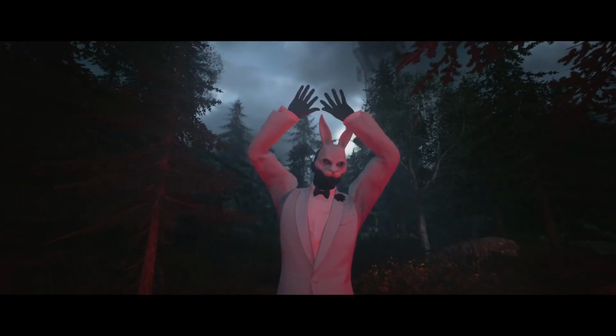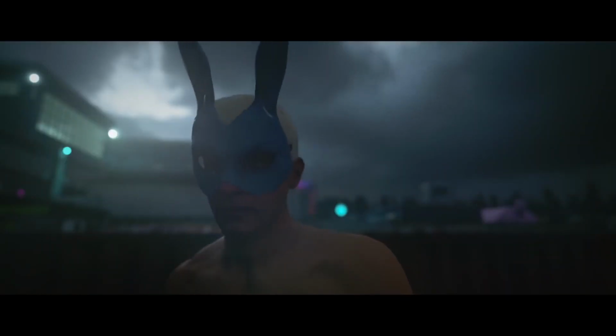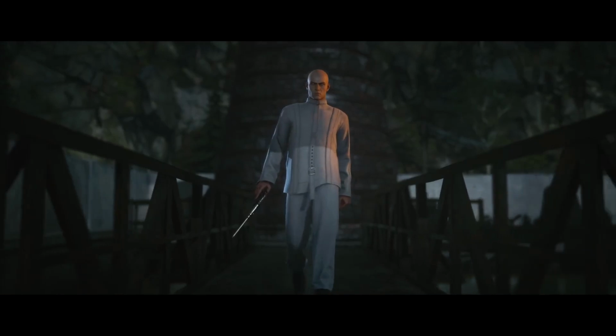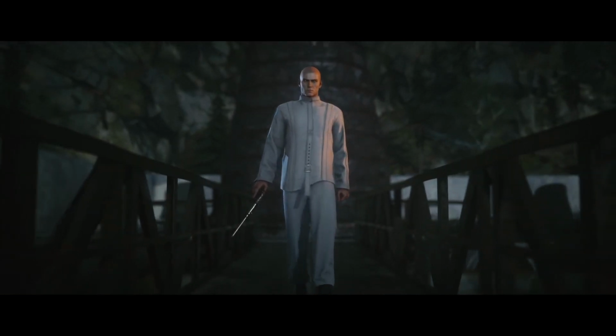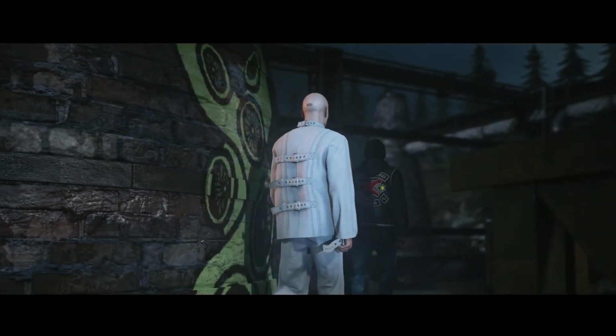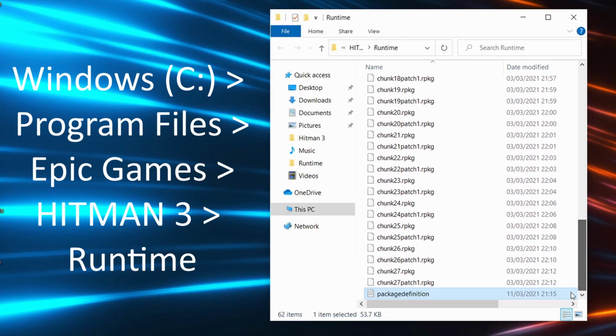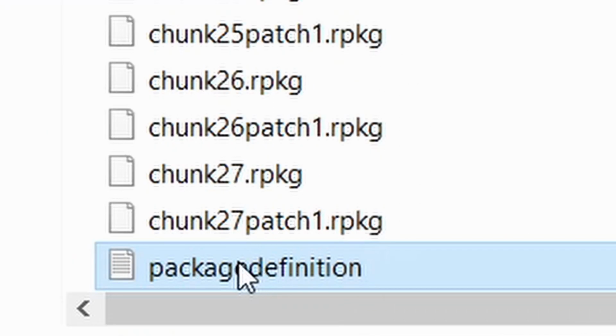Now, before we do anything, I'm going to quickly tell you how to install mods in Hitman 3. It's pretty straightforward, but you will have to do some tinkering with the game's file. So first, update your Hitman package file. It's easy to do even if you're an idiot like me. Just go here and find a file that says